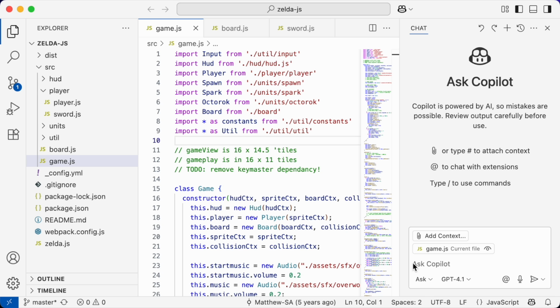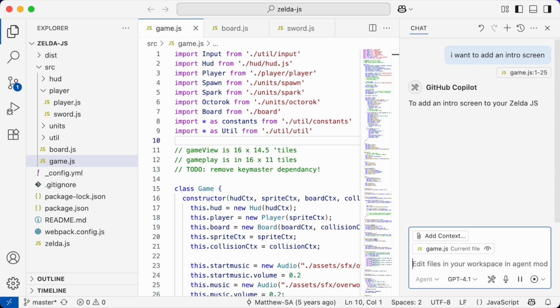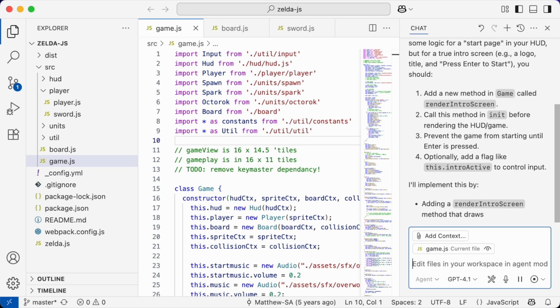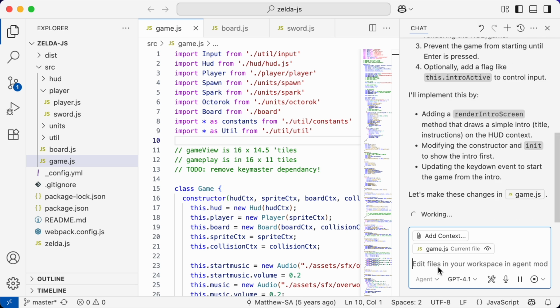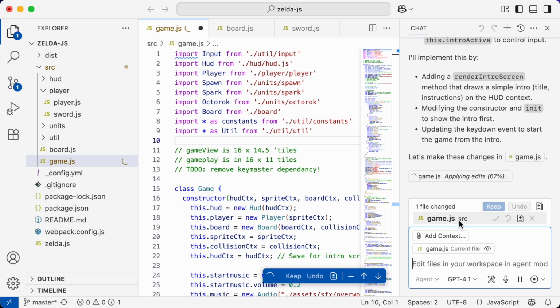Now for this next task, I want to actually do something a bit more complicated. So I'll go back into agent mode, and I'm going to ask Copilot Chat to add an intro screen to the game that I'm working on. It first puts out a little plan, and then it starts editing files within my project. Now we can see the progress as it moves along, and I can see that it decided to edit just this one file,